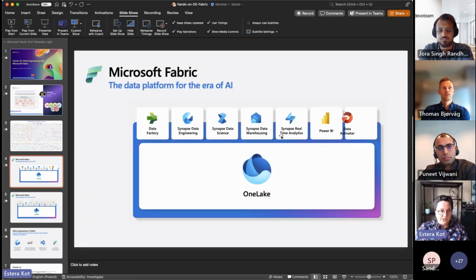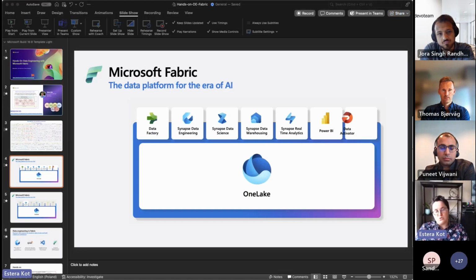Now, starting with just three slides before the hands-on about Fabric, for those who are maybe not familiar with the tool. You can think about Microsoft Fabric as an Office, but targeting just your data.